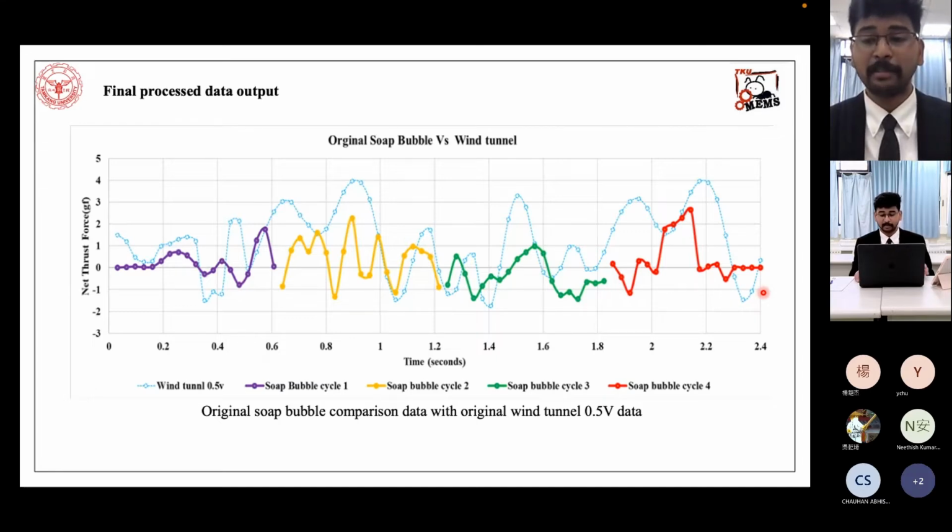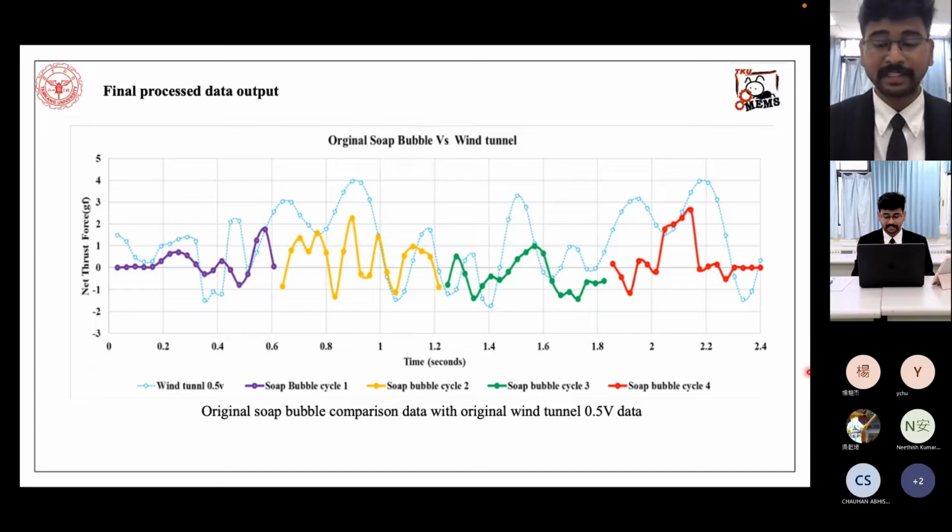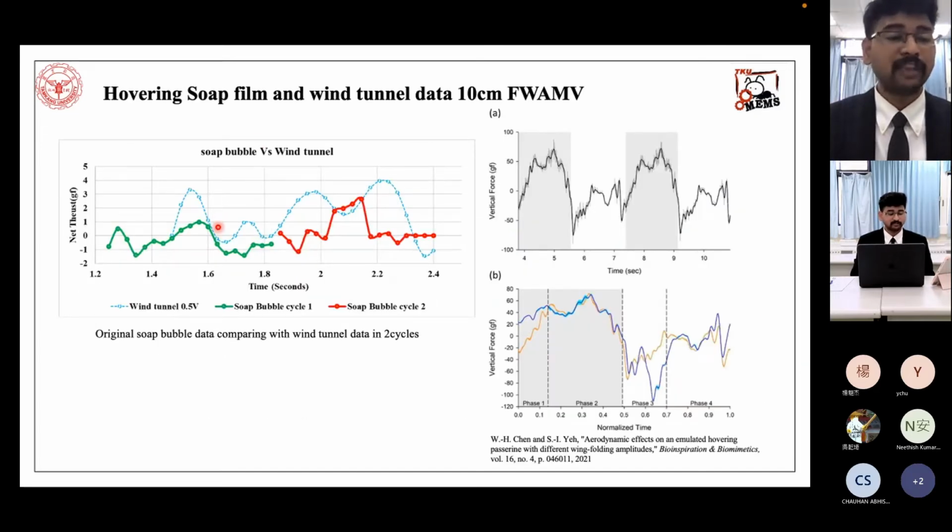In further data comparison, I'm going to show only the hovering motion. This slide I have taken from slide 2. I have only selected 2 flapping cycles here, and I have compared this data. This hovering vertical force data is